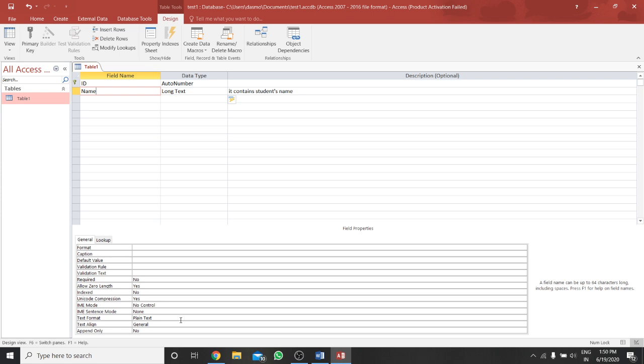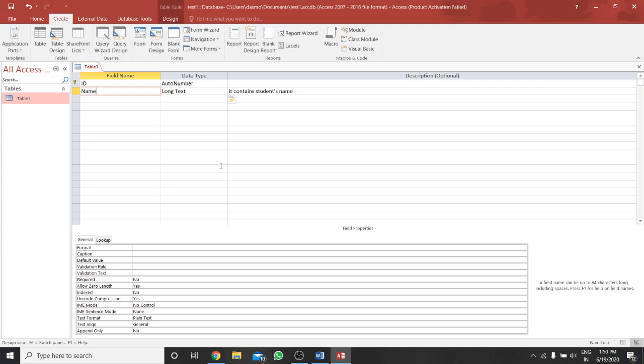In this chapter, our discussion will be based on the query, form and the report. I have already given you a little bit of introduction about the query. A query basically deals with the question that we want to ask of the data, or we can say a query is a request to perform an action on the data.